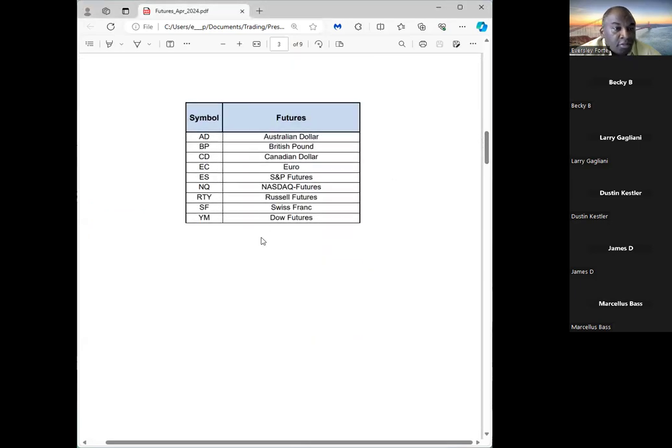So these are the futures which we trade and nothing else. It's the Australian dollar, British pound, Canadian dollar, euro, S&P, NASDAQ, Russell, Swiss franc, and Dow futures. They're the only ones we trade. And the reason we trade these is because besides the full-size contract, they also have a micro-size contract, which is 1/10 the size. That is huge for us because you don't need a huge account to be able to swing trade